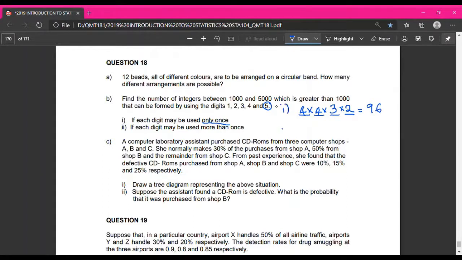This is for the first. For the second, it says if a digit may be used more than once. Can use it twice. Want to make 4 digits also. Here also 4, because it cannot be more than 5000. So number 5 is excluded from the first place. Okay, we can put number 1, 2, 3 or 4. So 4 numbers here. For the second, we can use, because it says can use more than once. For example here we already used number 1. So the second place can reuse number 1. But we can also put number 5 here. So it will be 5. 5, 5. Because can use more than once. Okay, so I hope you can understand that. So it will be 500.